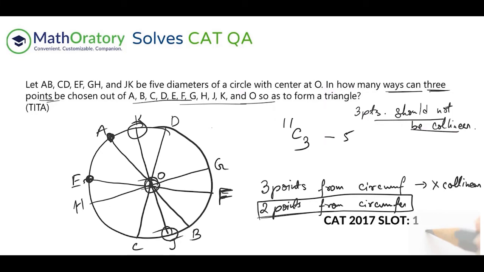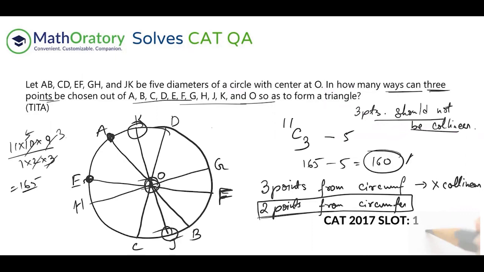So 11C3 are the total cases of selecting 3 points out of 11 points. And there are five cases out of it in which it will not form a triangle. So that is how you should approach this. This is the fastest way, I believe. And the calculation bit, whenever you have to calculate 11C3, simply go from 11, 3 places down, including 11, and divide by 3 factorial. That will give you the answer straight away. So this is 3 into 5, 15 into 11, 165. And 165 minus 5. So the answer is 160 in this case. So I'll just write the answer here. So the answer is 160.